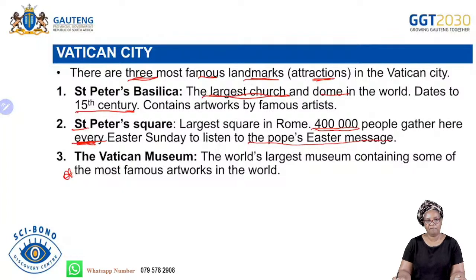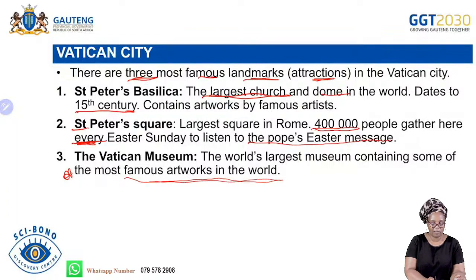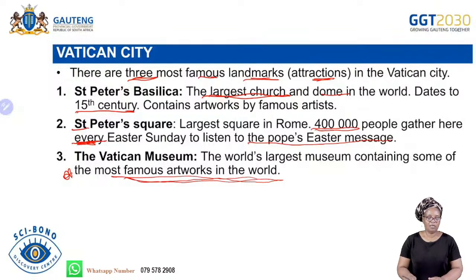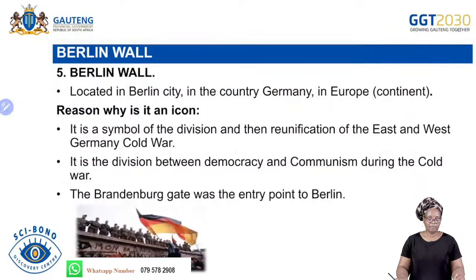And what do we have in this museum? We have some of the most famous artworks in the world. That's what we find in the Vatican Museum. So in short, these are the three famous landmarks in Vatican City. The tourists who go there, they go to see these places. Let's look at another icon,